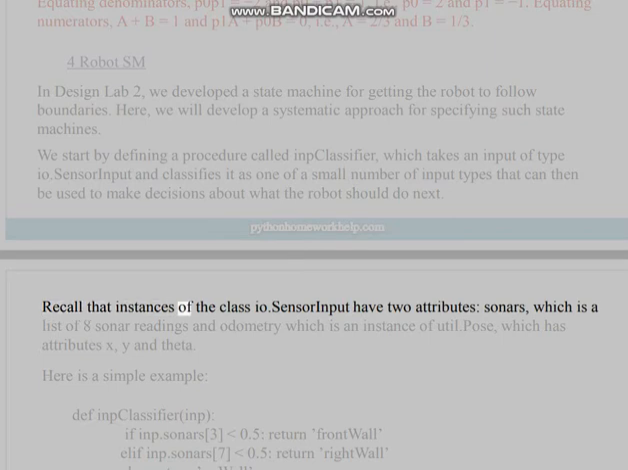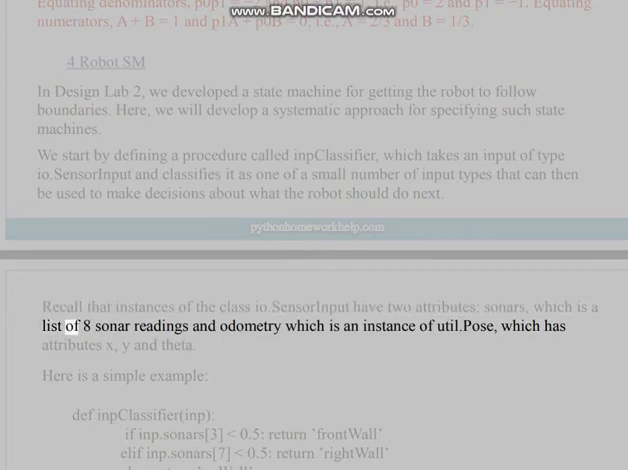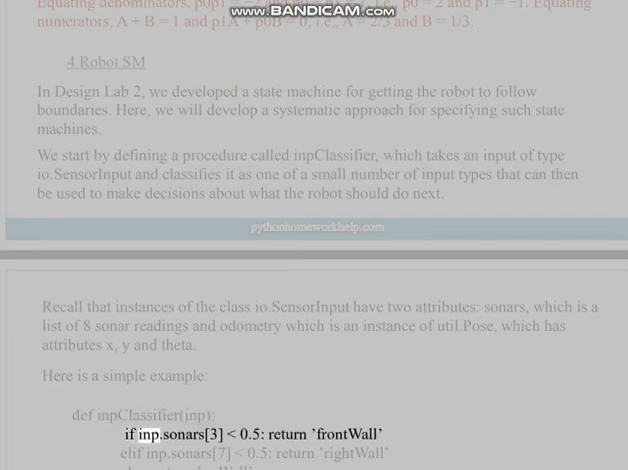Recall that instances of the class io.SensorInput have 2 attributes: sonars, which is a list of 8 sonar readings, and odometry, which is an instance of util.Pose, with attributes x, y, and theta. Here is a simple example. def IntClassifier(inp): if inp.sonars[3] < 0.5: return frontWall. If inp.sonars[7] < 0.5, return